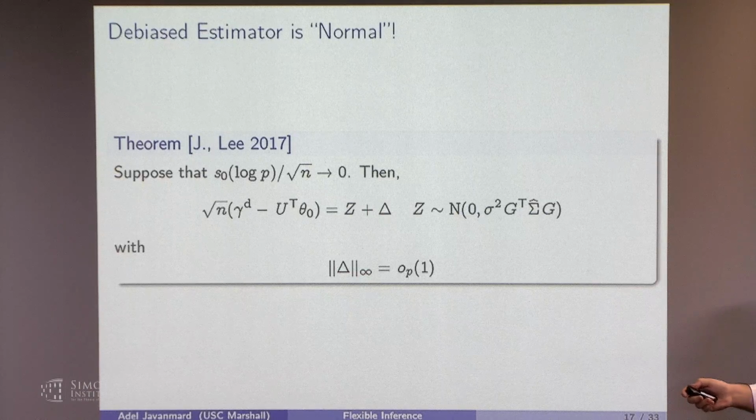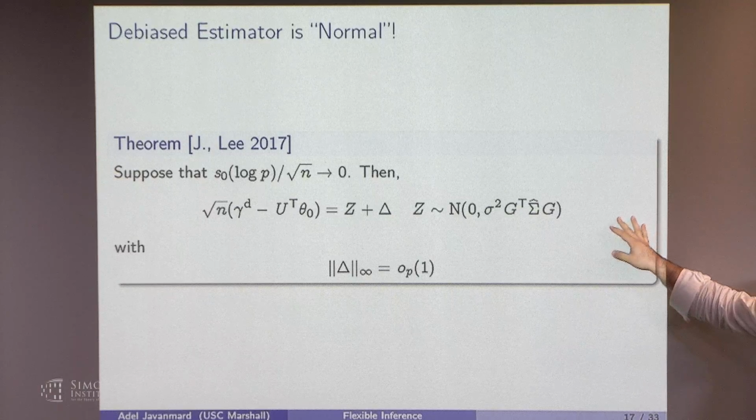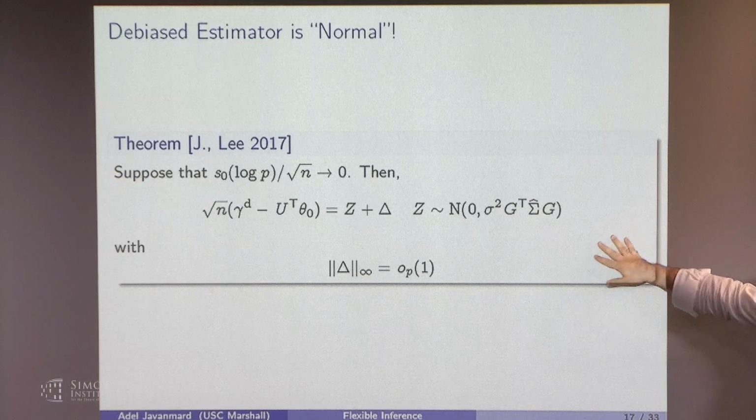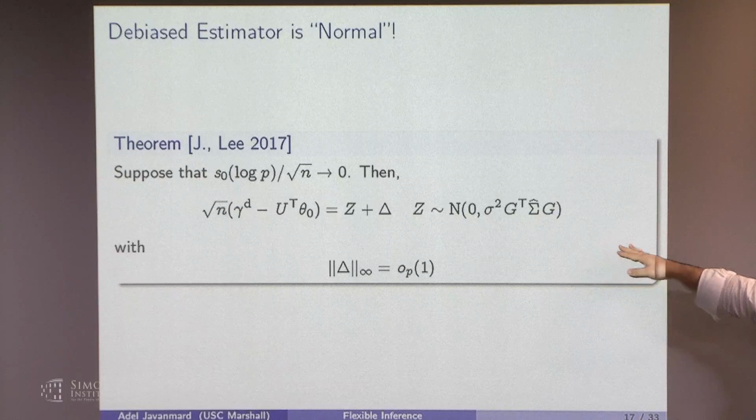Now I know that there are some people who don't like this assumption. So you can relax this, at least for the Gaussian. You can make S log P over n go to 0 and get the same thing for the Gaussian design. But for general random design or fixed design, I don't know how to